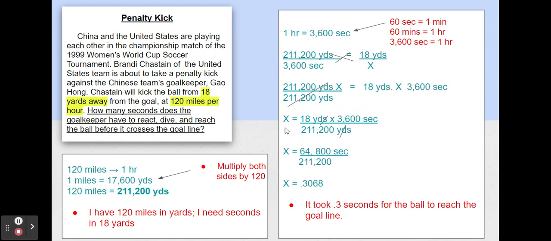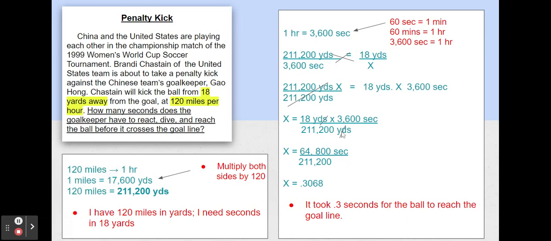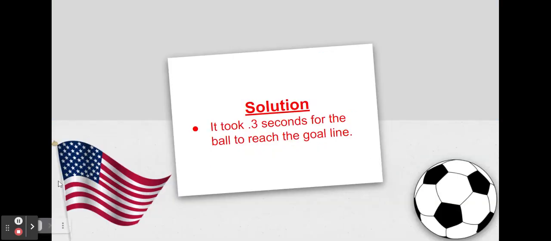So I have my x equals 18 yards times 3,600 seconds, all divided by my 211,200 yards. My yards cancel each other out, and I'm left with 64,800 seconds over 211,200 seconds. So my x is equal to 0.3068. So it took 0.3 seconds for the ball to reach the goal line. So I have my solution here, which I would like my students to write in a complete